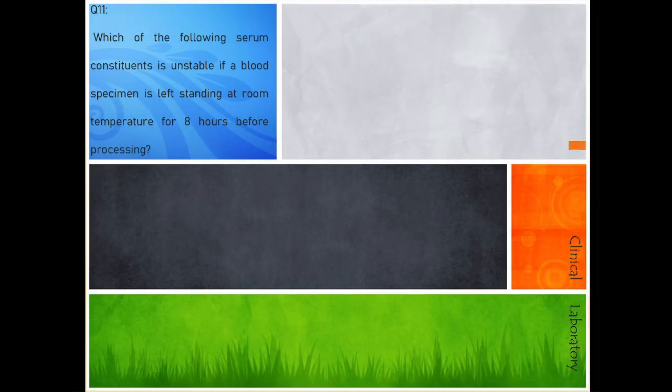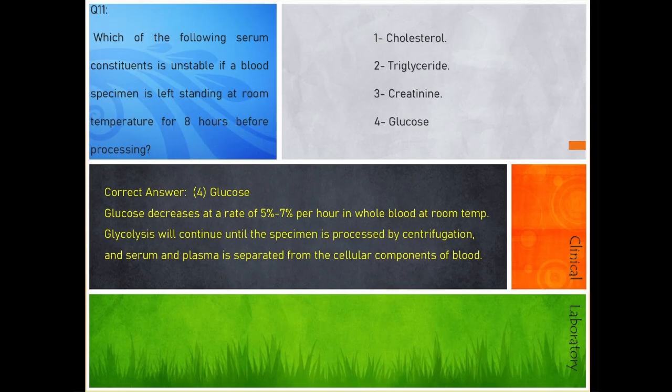Question 11. Which of the following serum constituents is unstable if a blood specimen is left standing at room temperature for 8 hours before processing? 1. Cholesterol. 2. Triglyceride. 3. Creatinine. 4. Glucose. Correct answer,